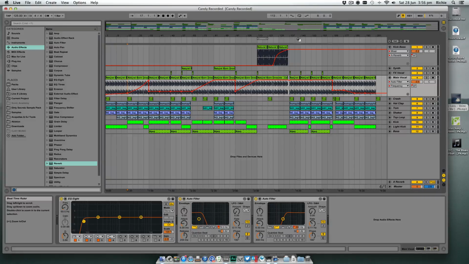But as you can see, I've just zoomed out here and we've now got the full track in its arrangement. So we've got the intro, we've got the main bit, we've got a mini breakdown happening here. Everything gets dropped back down again to just the bass and the kick and the vocal part. Then we build it back up again before the cool down, and then we have the breakdown, and then everything comes back in again, and then you've got this outro on the end. So that's how I usually build